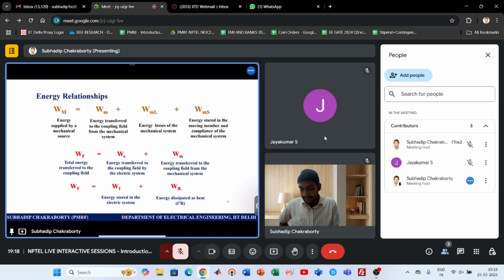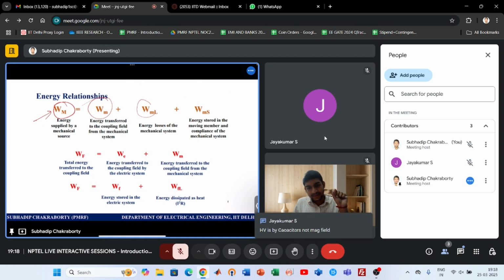So as I told you, from the mechanical side, if you submit some forms of energy, just W you can consider some forms of energy, right? Because by work energy theorem, what is work? Work is nothing but change in energy. You have learned in class 12. So that is also spent in the coupling field and some forms of mechanical losses. Similarly, as I told you in the electrical term, if you start from electrical,